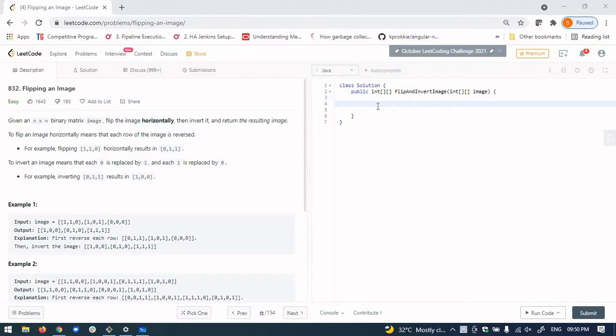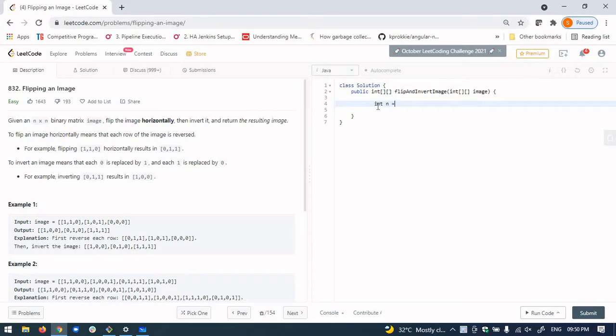So let's start with coding over here. What we'll do is write a for loop and traverse row by row. But for that we need the length of the row, or you can say n.